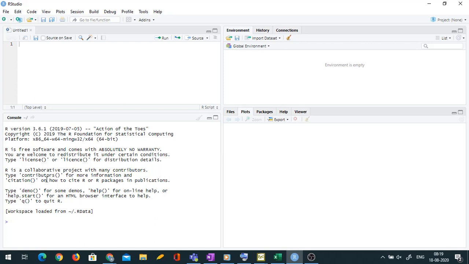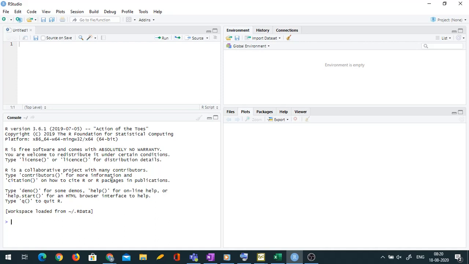Here in the console window also, you have some interesting information. This is the version information. You should notice this. You should always try to notice what is the version of R that you are currently using, because sometimes some commands or some arguments might change from version to version. Then here, this thing: R is a collaborative project with many contributors.